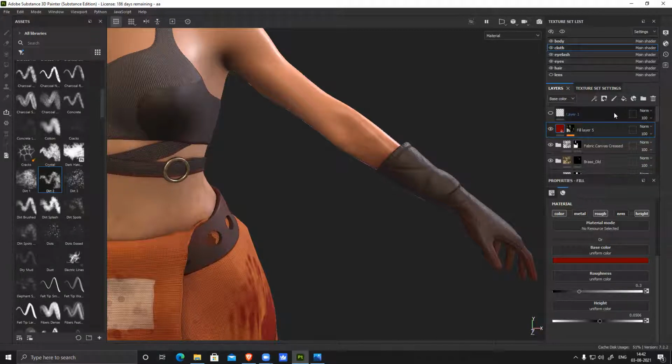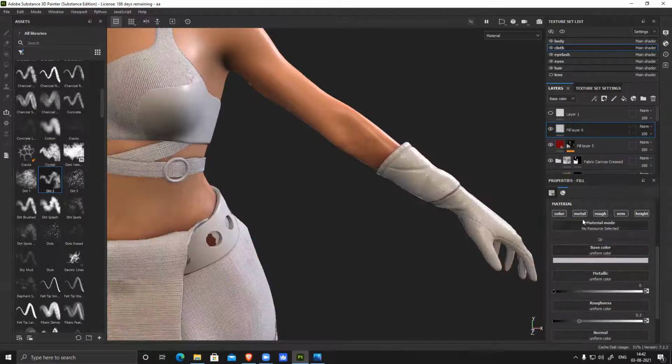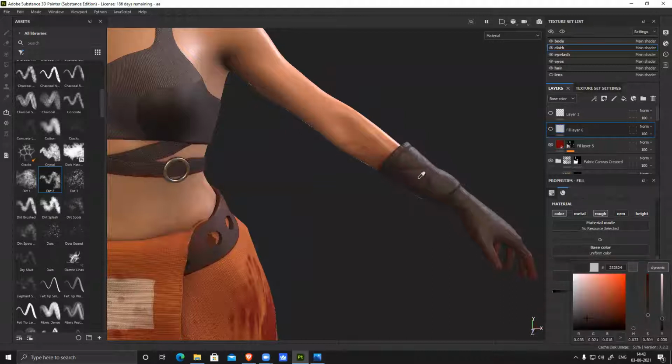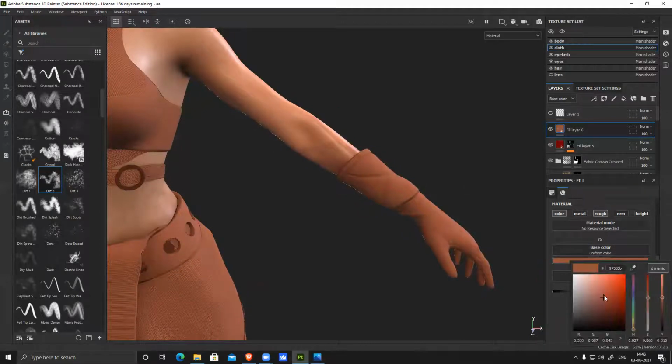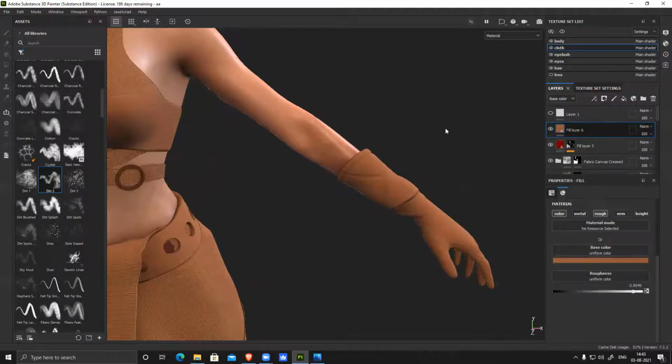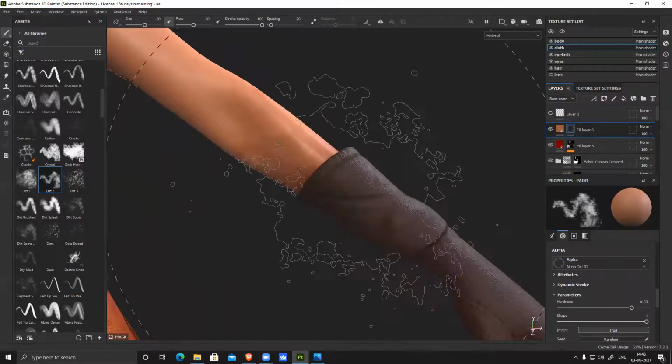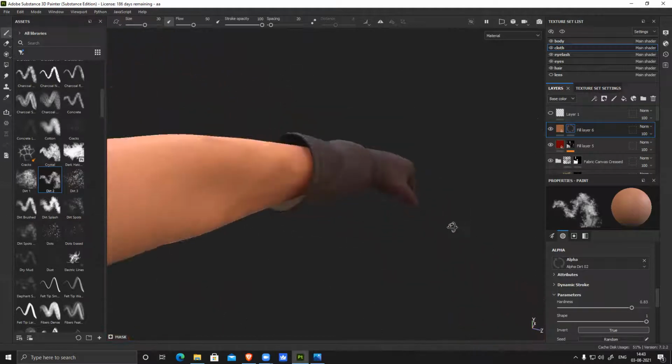So I'll just take a new layer for that. No metal, rough, no normal, no height, only roughness. Roughness will be kind of matte, like dirt is always matte unless it's wet. And pick this color, same, slightly brownish, and make it a little lighter in tone, maybe slightly towards yellow. Right click, black mask.